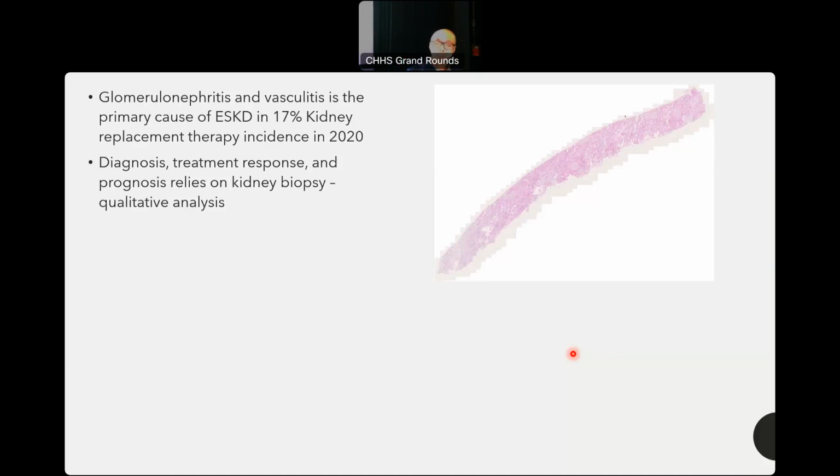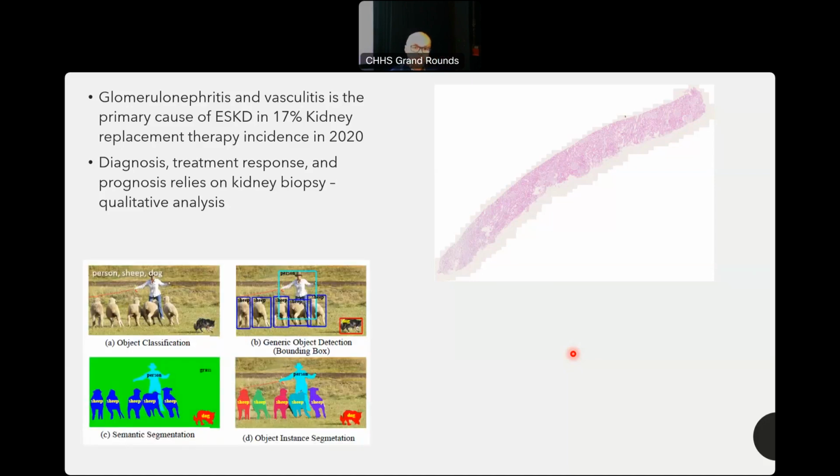This is a digitized kidney biopsy slide at low magnification. We can appreciate how complex and how rich the information is in one slide. And we as humans have limitations to extract or even interpret the information. All that we can do is provide a summary or qualitative report of what the biopsy actually shows. To be able to extract the information effectively, we need to segment each individual structure. That's the capability known as instance segmentation.